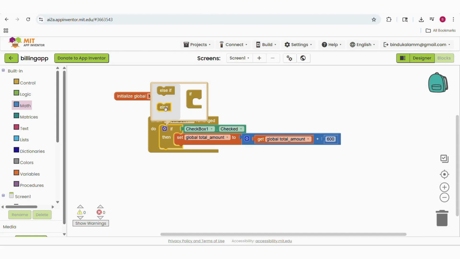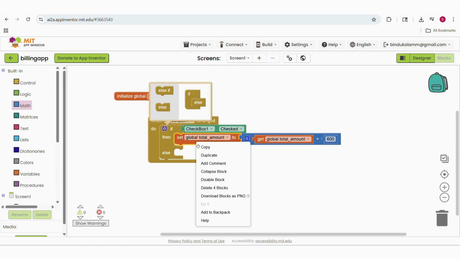In the if settings, add the else block. Then duplicate the set global variable block and place in the else block. Then change the math logic to difference of two numbers.